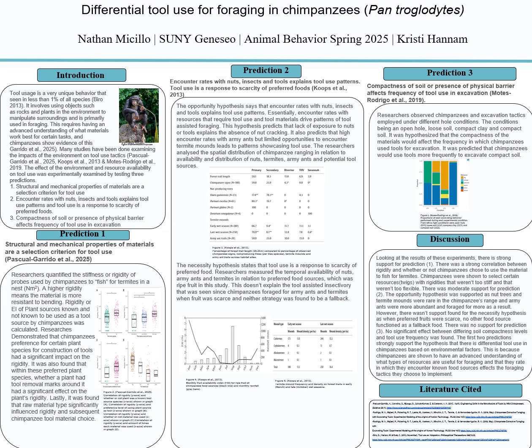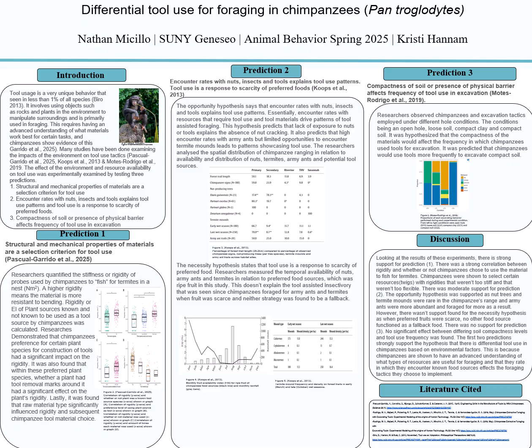I've been talking about differential tool use for foraging in chimpanzees. Tool usage is a very unique behavior that is seen in less than 1% of all species. It involves using objects such as rocks and plants in the environment to manipulate surroundings and is primarily used for foraging purposes. This requires having an advanced understanding of what materials work best for certain tasks, and chimpanzees show evidence